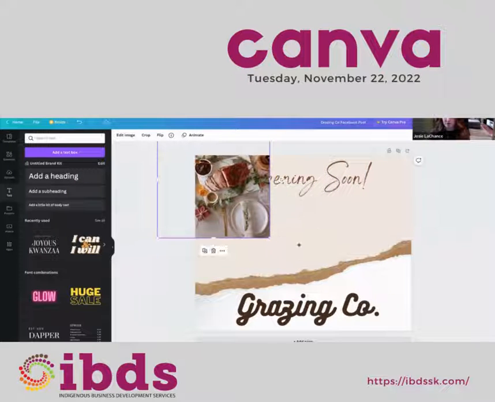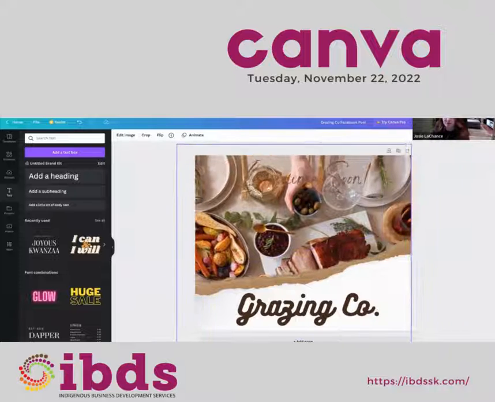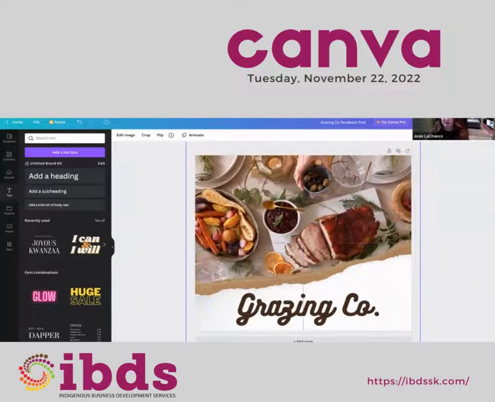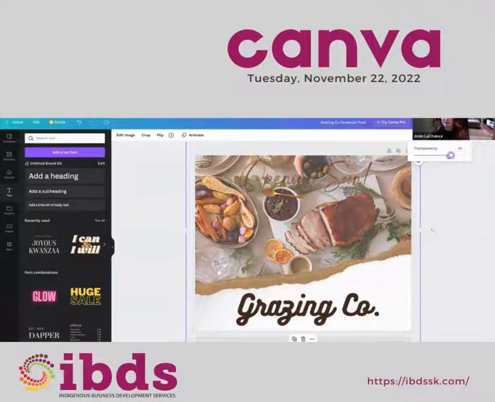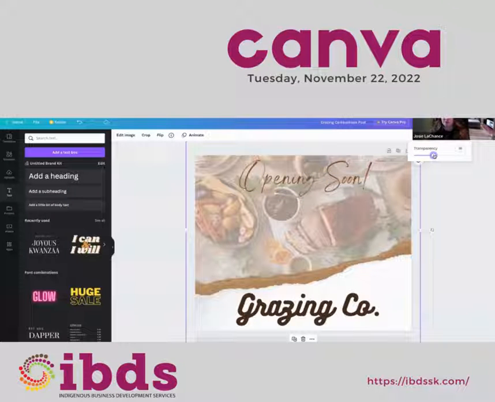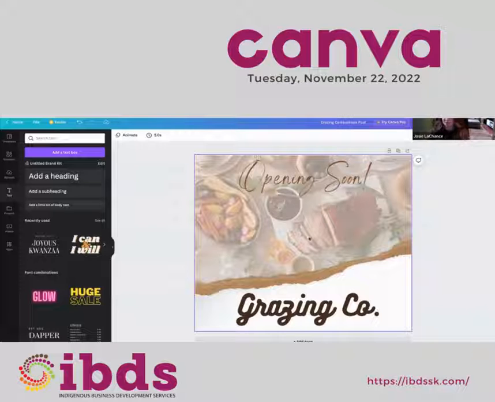You can just grab the corner of the image and stretch it out to the size that you want and move it exactly where you want it. Then in the top right-hand corner, there's this transparency, little checkered square. You can click this to make the image a little bit more transparent. So say I wanted to add more text on top of the image,